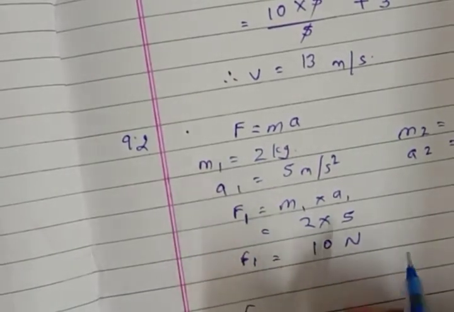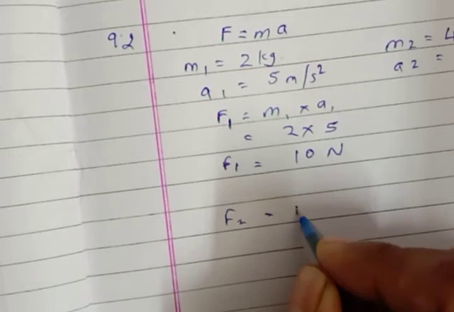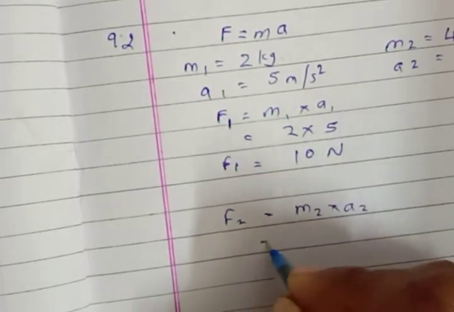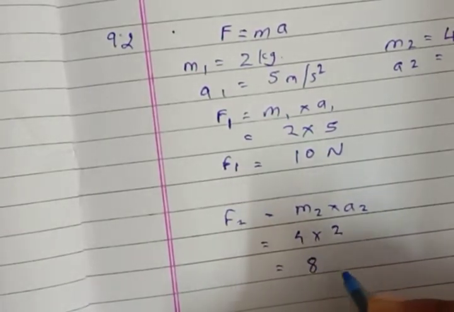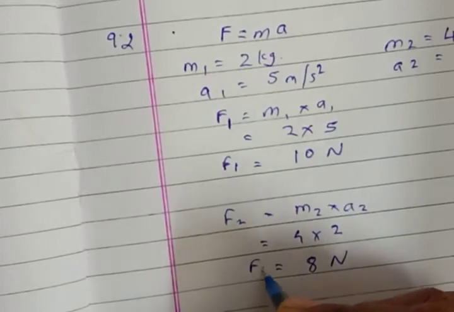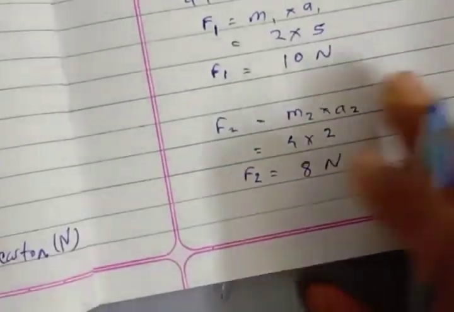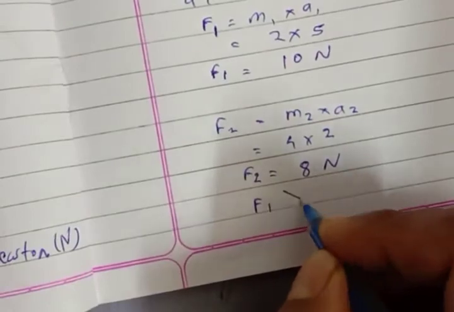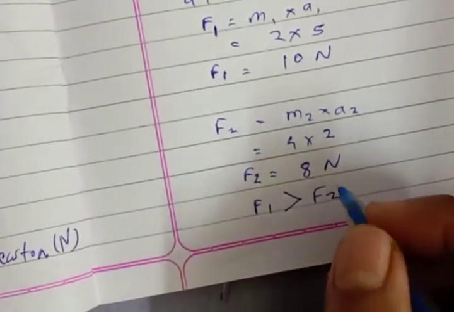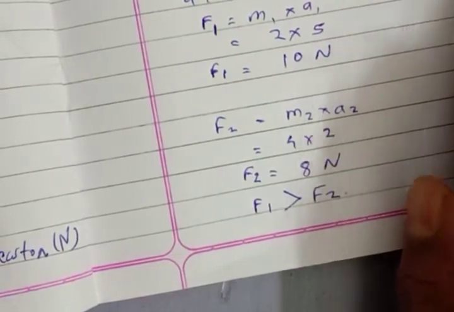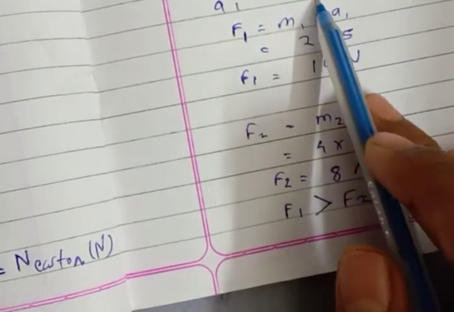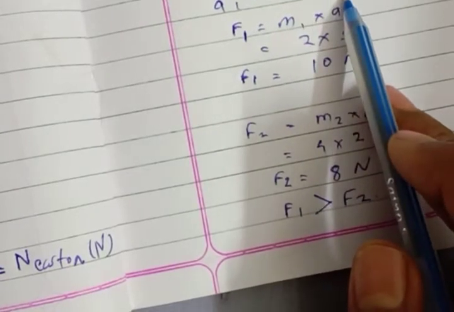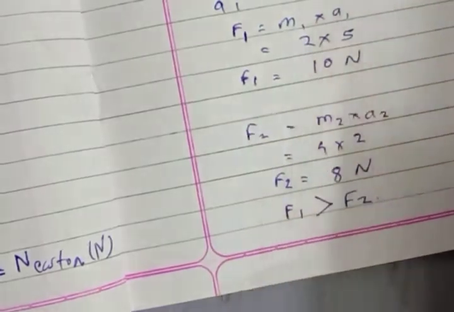Now for the second part, F2 equal to mass 2 into acceleration 2. Mass 2 is 4, acceleration 2 is 2. So 4 twos are 8. 8 Newton is the second force, F2. So which is greater, 10 or 8? So F1 is greater than F2. Right? That means the acceleration of this 2 kg mass at 5 meters per second square will require more force. Right? So we'll conclude this by writing